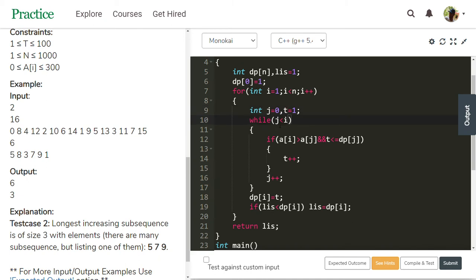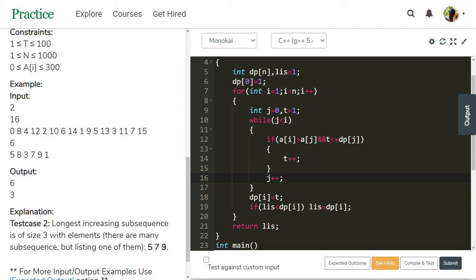So j starts traveling. j is 0, i is 1 now. 0 less than 1, true. Then check this: A of i, which is 8, is greater than A of j, which is 5. True. And t value 1 is less than or equal to 1, true. The t value is incremented, t is 2 now. The j value is incremented to 1. 1 less than 1 is false.